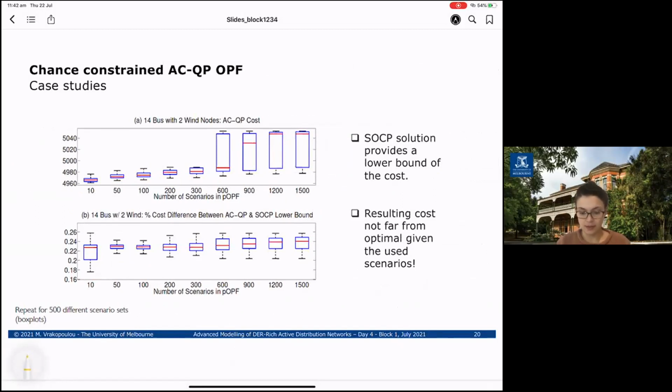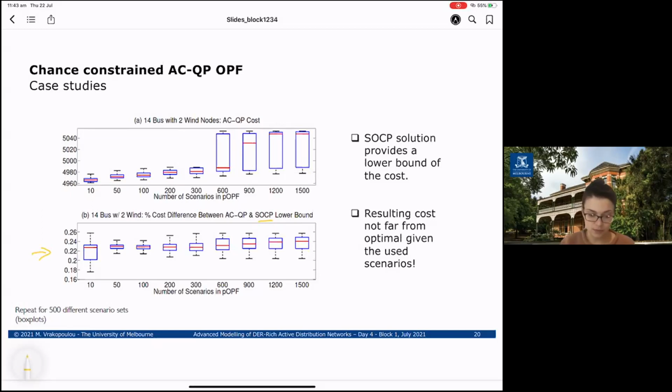Before we go to see what is going on with this experiment to find the K number of scenarios, let's see how this constrained ACQP performed with respect to the cost of operation, because in general, this ACQP is a heuristic method and there is no proof that it can converge to an optimal. So we were wondering, okay, how far away we are. And we know that we can have the relaxation with the ASOCP that can bring us a lower bound of the cost. And we just checked how far away we are from that. That means that if we are very close to that, we cannot be that far away from the true optimum. And this is the plot showing the difference with the ASOCP, and it shows that this was quite small